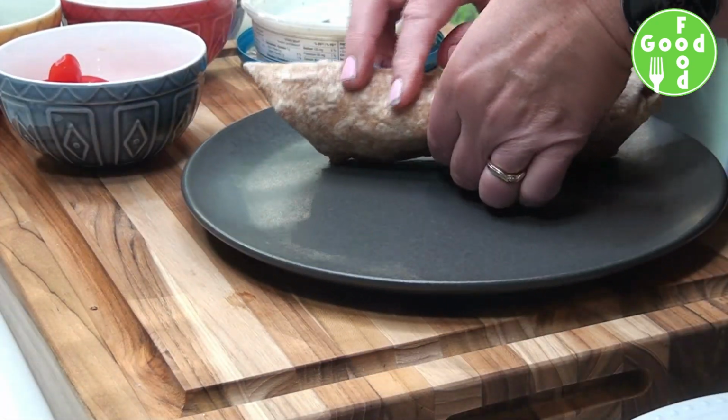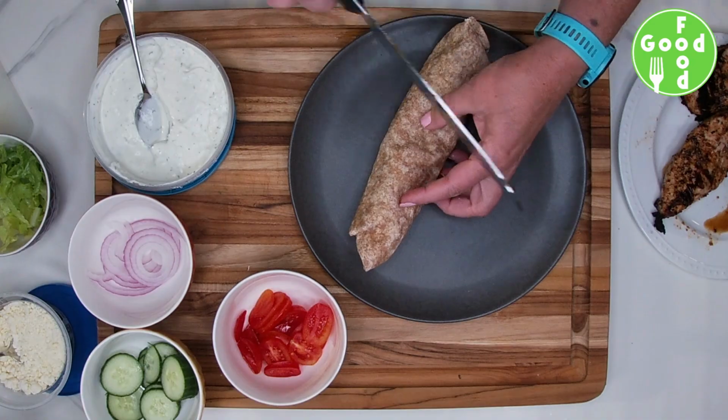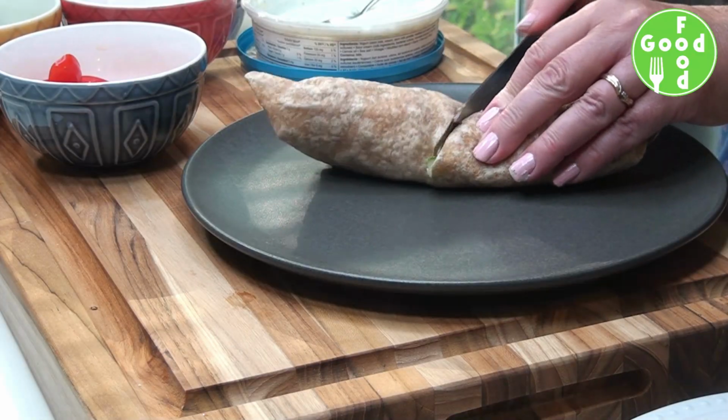And we'll cut that in half. And you can serve this with rice. You could serve this with